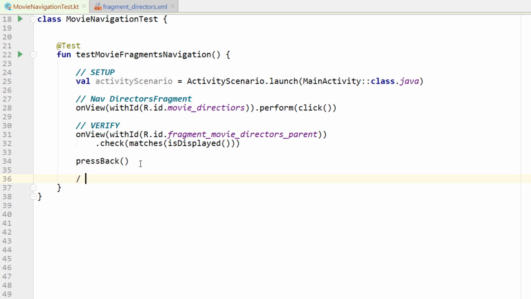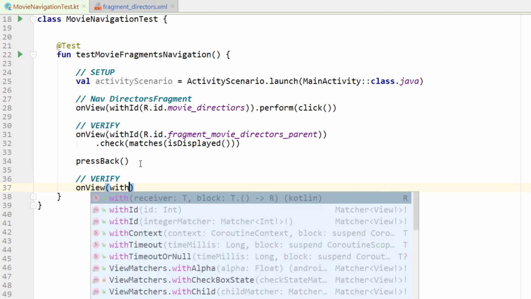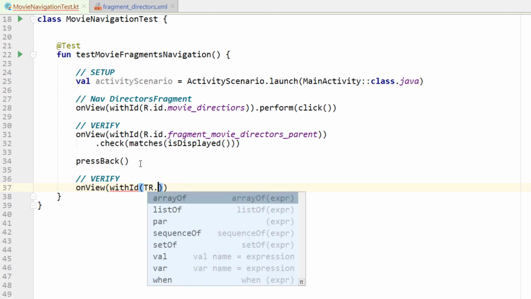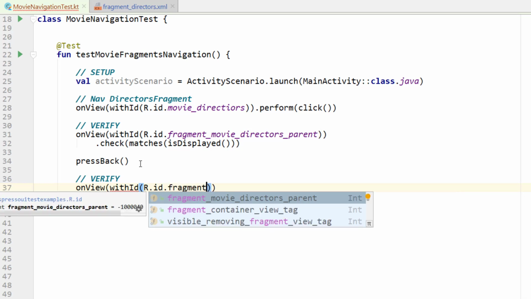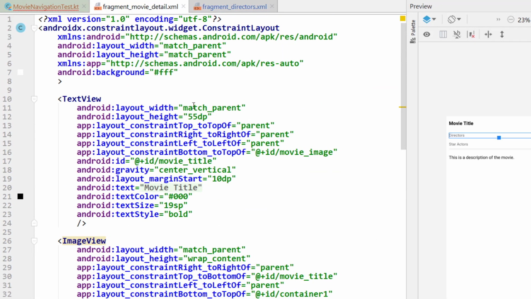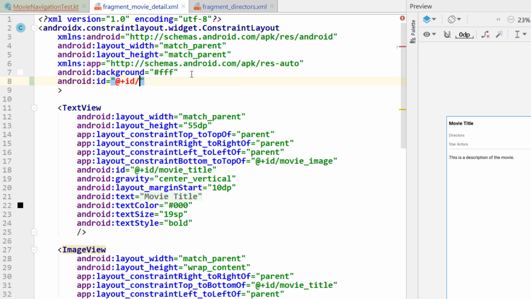So I can say verify again. I want to verify that onView with ID R.id. Hopefully I gave this one a name. I don't think I did. So we're gonna have to go into fragment movie detail, and again we want to scroll up to this parent, and we'll give this an ID. So I'll say fragment movie detail parent,